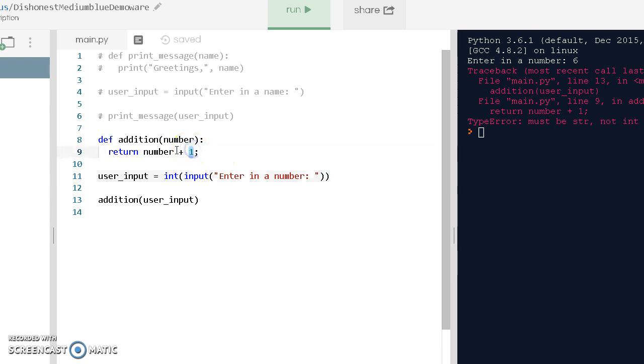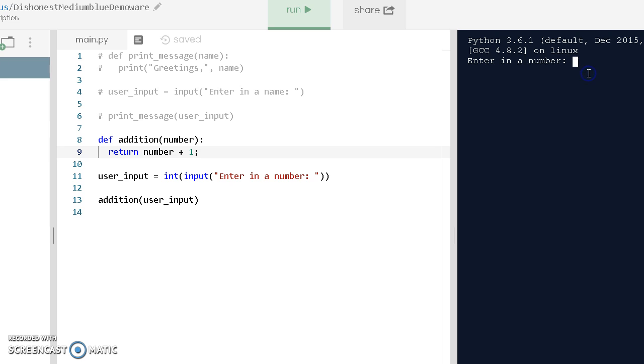So this would be an integer, and previously when I didn't have this int here, it would be a string. So now if I were to run this, enter the number, I guess 6, we should get